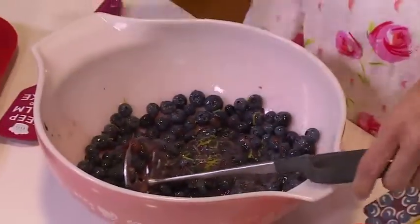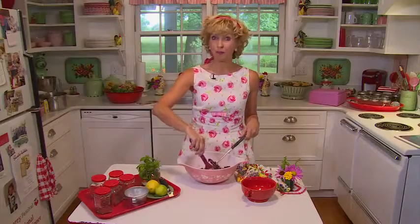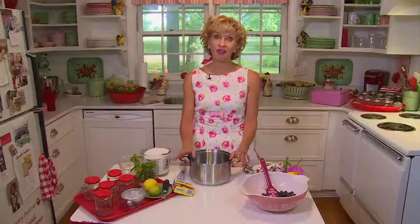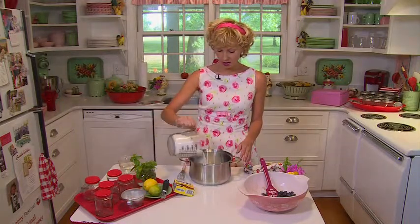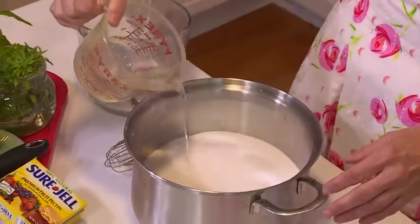Okay. So now we're going to mix this up, and now we're going to start the fruit pectin part. A really important part of making jam is the thickening part of it. We want to make sure that we follow the directions on the box to make sure we're doing exactly what they say. It's kind of like baking. You got to really be exact in this part of it, even though it's easy. Okay, so we are going to add the sugar and the water